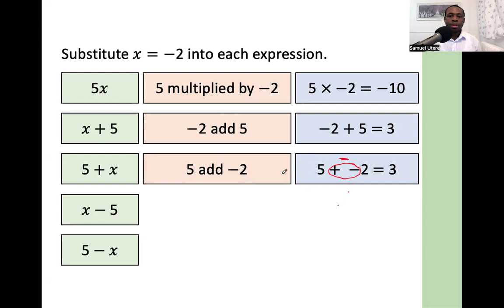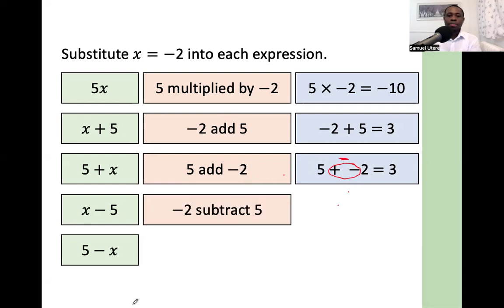Next one is negative 2 subtract 5. So that is negative 2 minus 5. Now, do not forget, how would you do this? If you do not know how to do it, you draw a number line. You start at negative 2. To subtract 5 means you will do 5 steps to the left on your number line, which should locate negative